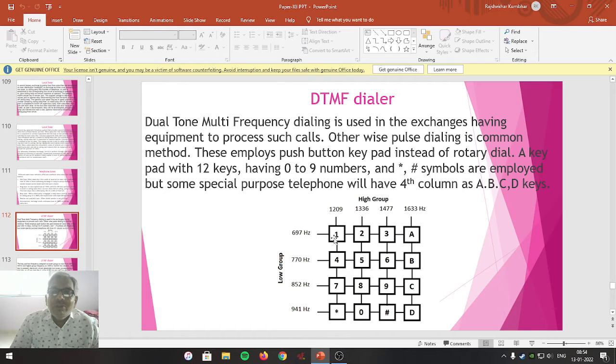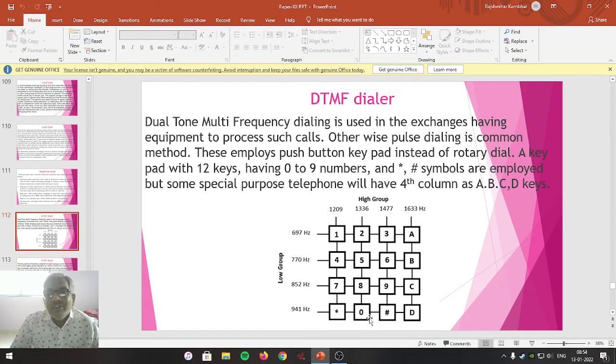In every row, the numbers are associated. The keypad begins with the numbers 1, 2, 3 in the first row, 4, 5, 6 in the second row, 7, 8, 9 in the third row, and 0 at the center of the last row.